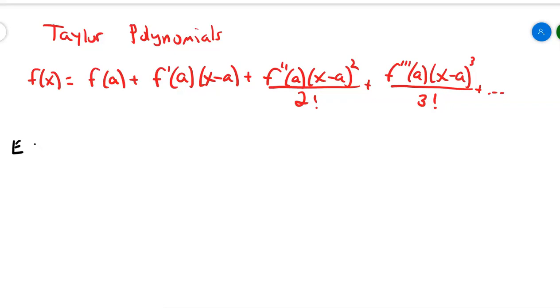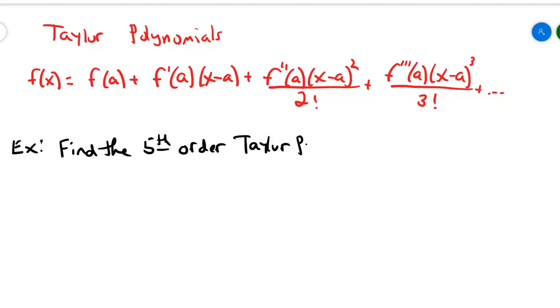So here's the question, right? This first question is going to look like this. Find the fifth order Taylor polynomial, right? So the fifth order means I want to go up to degree 5. Sometimes the question will say, find the first 5 non-zero terms, and that may or may not be the same thing as a fifth order polynomial. So you got to watch the directions sometimes. This one says find the fifth order Taylor polynomial for,